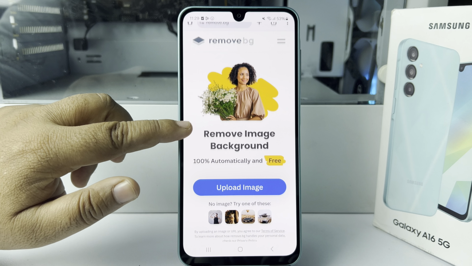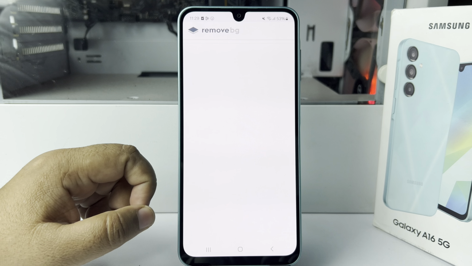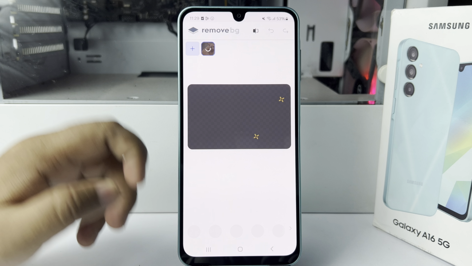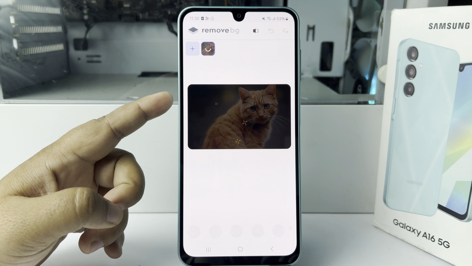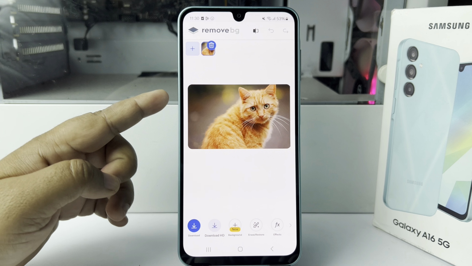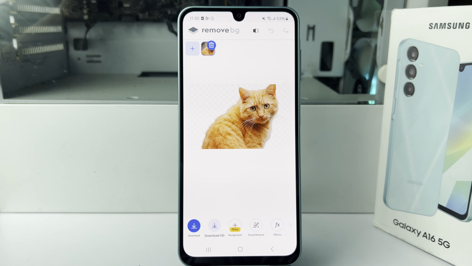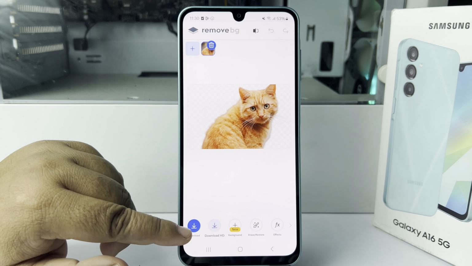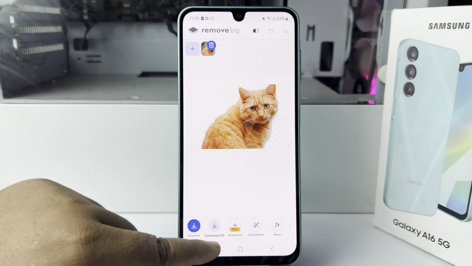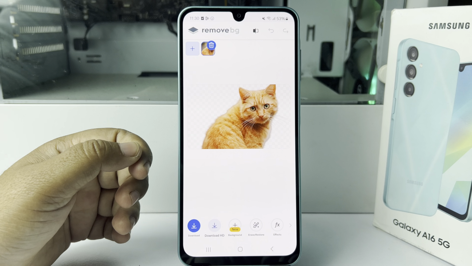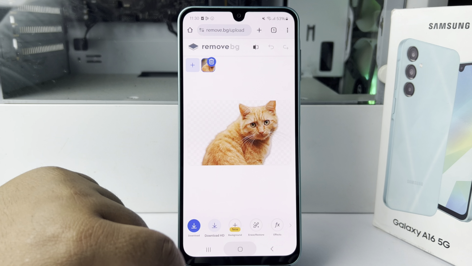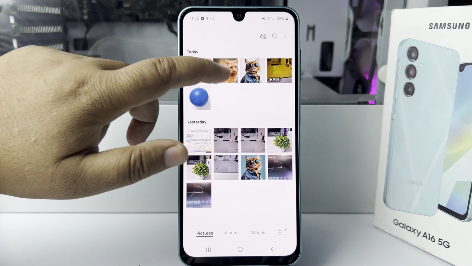Once you are in this website, tap on upload image, and now from your gallery go ahead and select your photo, and it takes a few seconds to remove your photo background. And here you can see the before and after result. Now all you have to do is tap on download, or to download HD quality you have to create a free account in this website. So I'm just downloading my photo